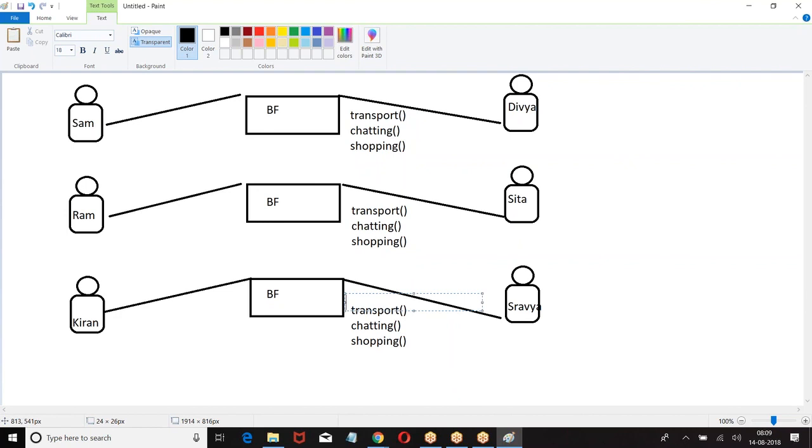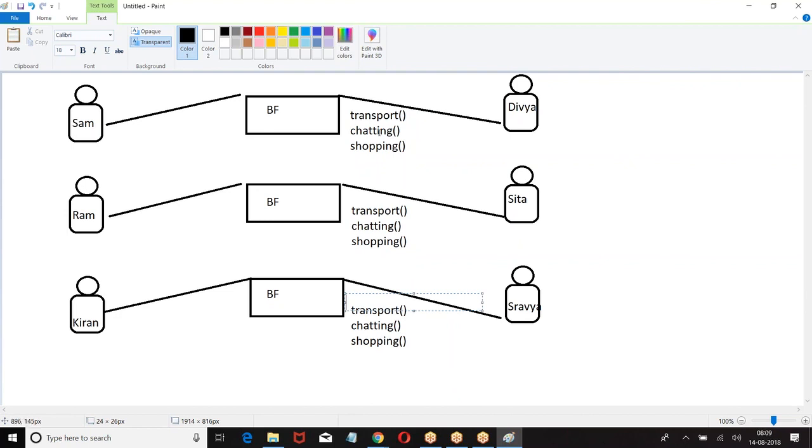Now, what does an interface say? It gives the list of services you are supposed to define. Interface says list of services, but it will not say how the service has to be implemented. The person who is using this interface has a choice to define his own way of implementation. But the name of the service is fixed. The way you implement is your choice.